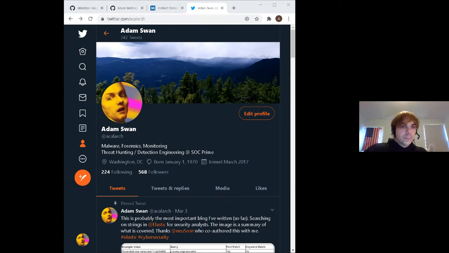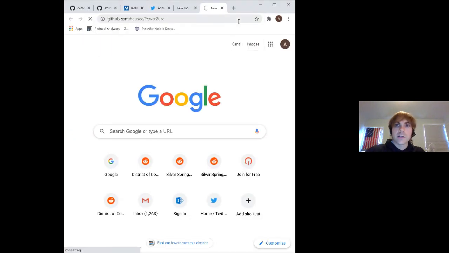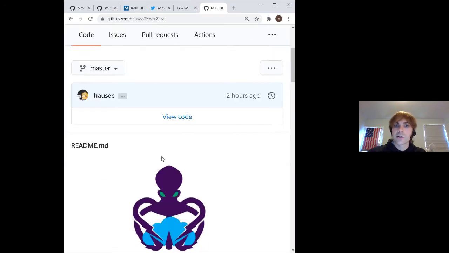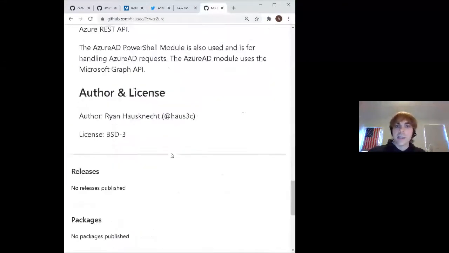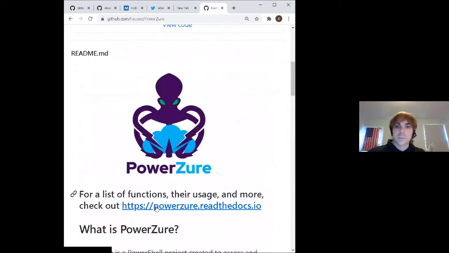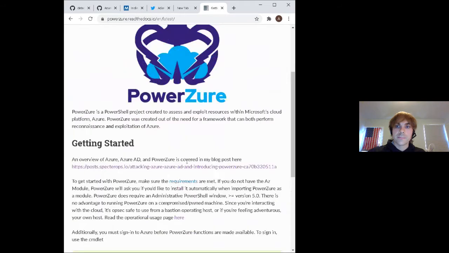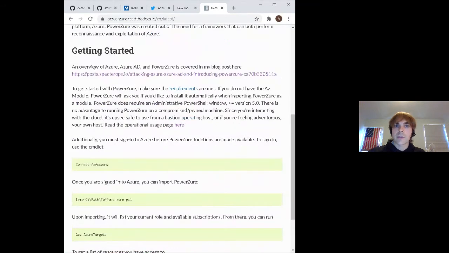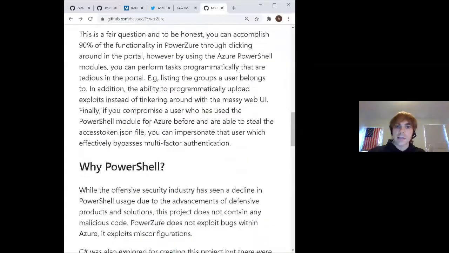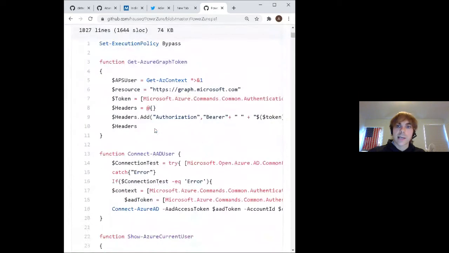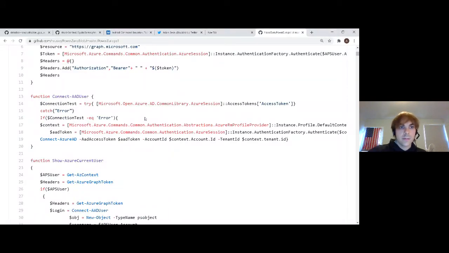Another idea is looking for offensive tools on GitHub repositories. So for instance, if you're worried about people targeting your Azure, you might search for offensive Azure tool on Google or something like that, and you might come across PowerAzure. So PowerAzure is basically a product that allows you to attack Microsoft Azure, and they have a bunch of modules for reconnaissance and for persistence and all that kind of stuff. So you can take a look at these. You can take a look at the code right here and start pulling it apart and alerting on some